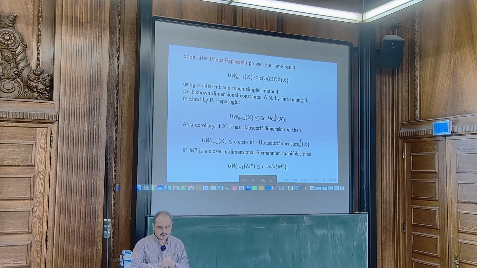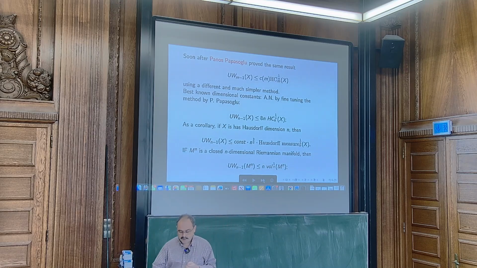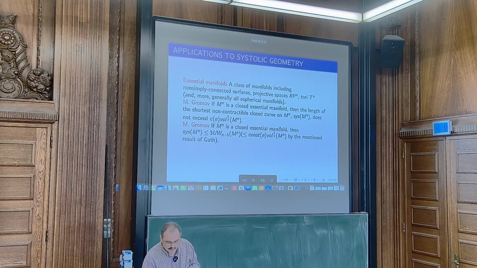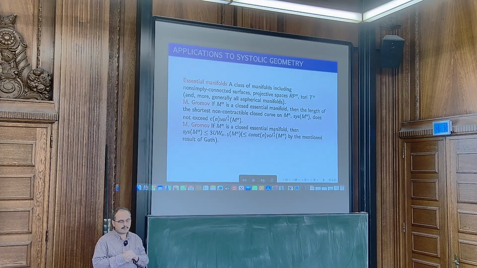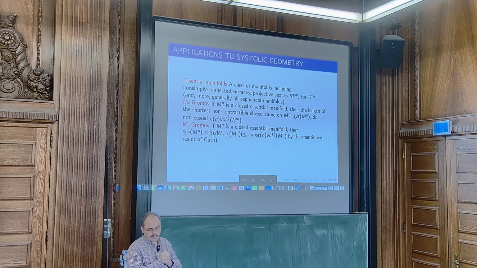Urysohn width n minus 1 of Mⁿ is less than or equal to n times volume to the power 1 over n. Now it seems like some kind of end of the story, but in fact it isn't. And let me explain why it is not. And in order to explain that, I would like to talk a little bit about applications to systolic geometry, which